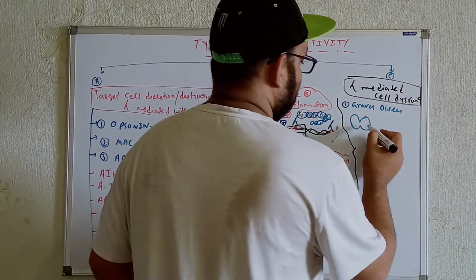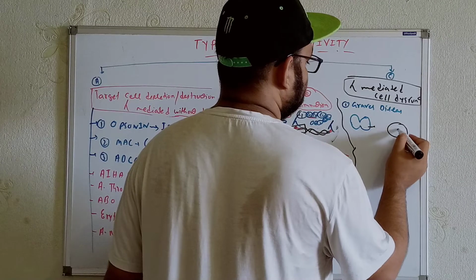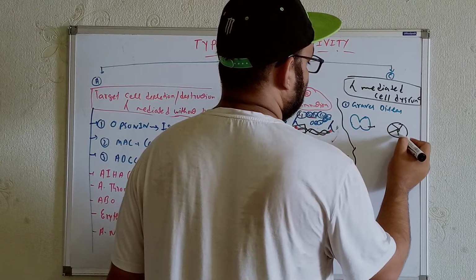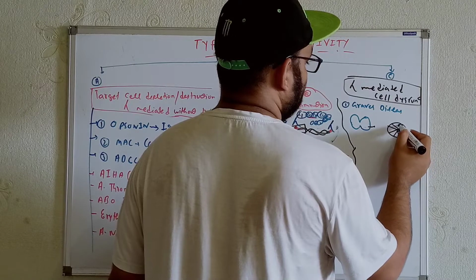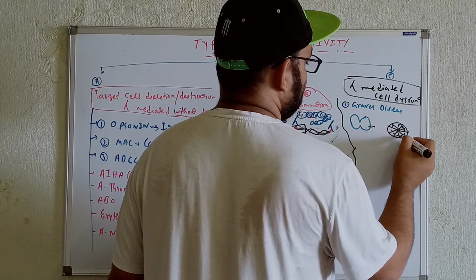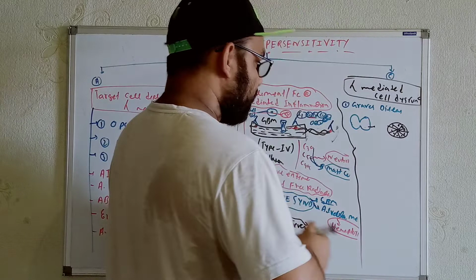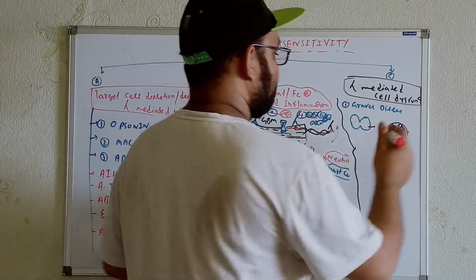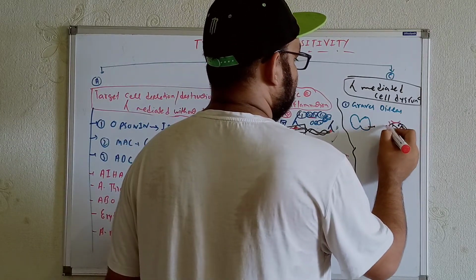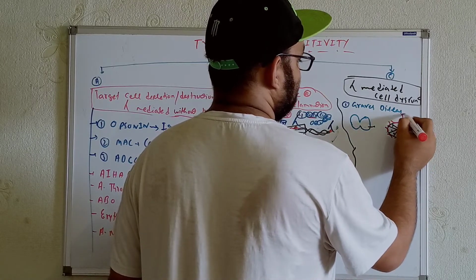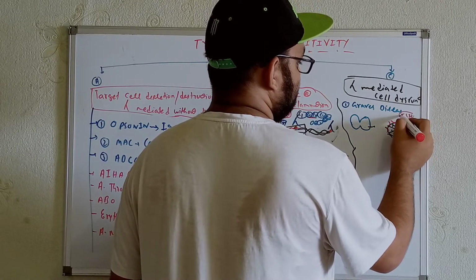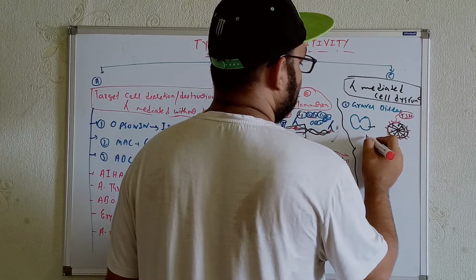If I just show you from here, there are the follicular cells. Now within the follicular cells, we know there are receptors for TSH. TSH will bind over here, and we will see the production of T3 and